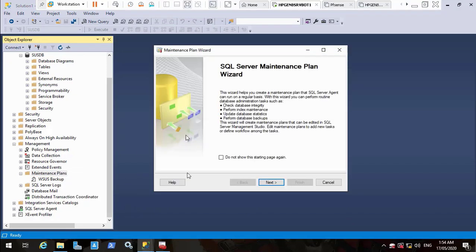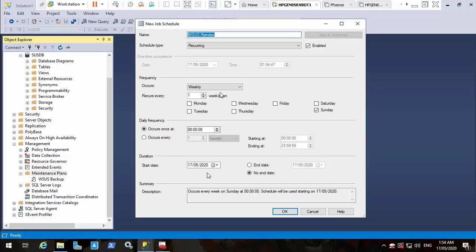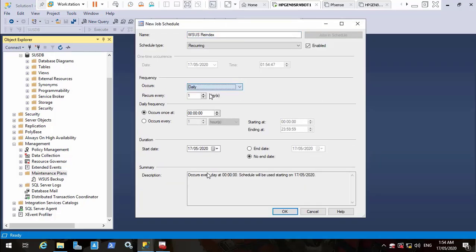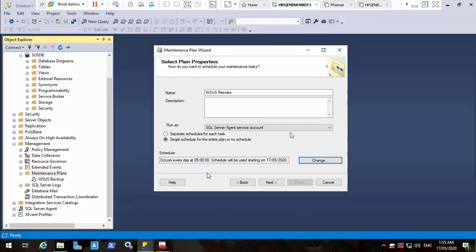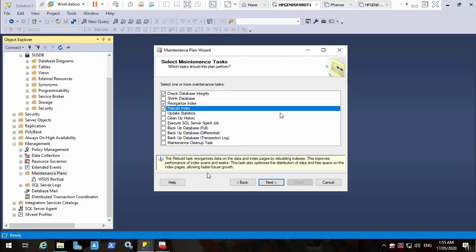So here we'll right click and maintenance plan, and then next, and then we will have WSUS reindex. Okay, and then we will make it as daily. Okay, and then we will make it at 5 a.m. Sorry for the previous, I have already passed it quickly because there was an error, so I have created the job from the beginning. So we will make the task to run at 5 a.m. We will check database integrity, reorganize and rebuild, and then next,